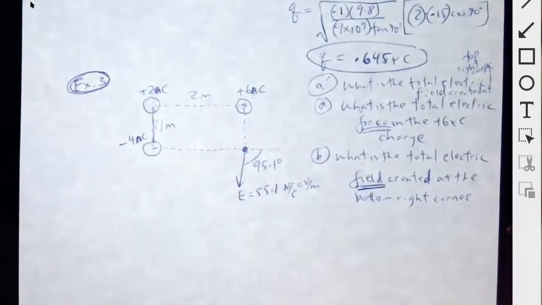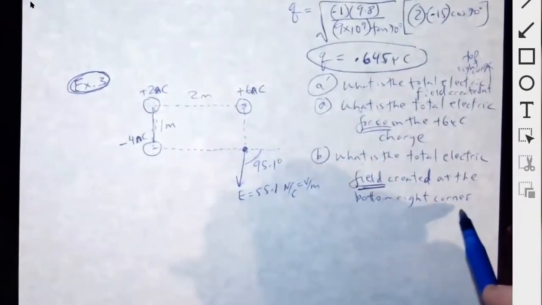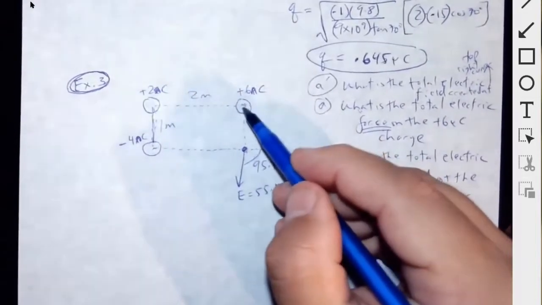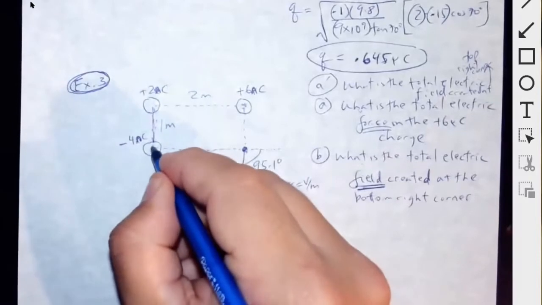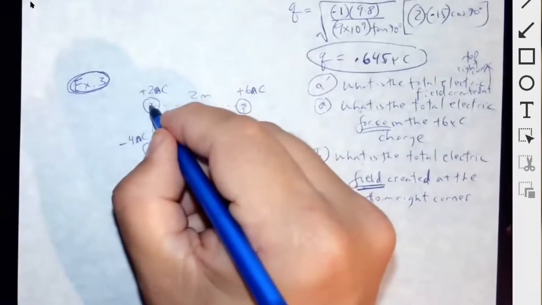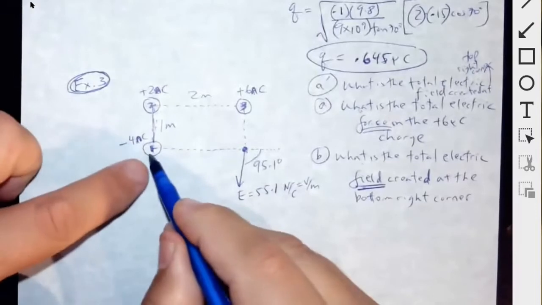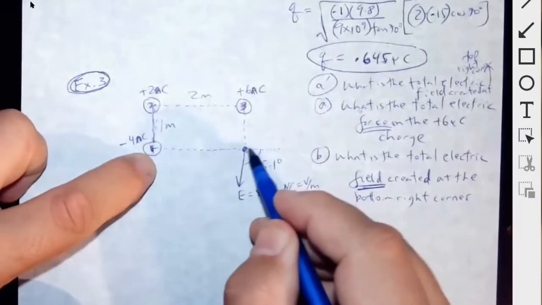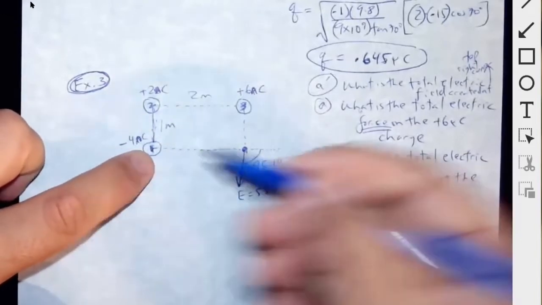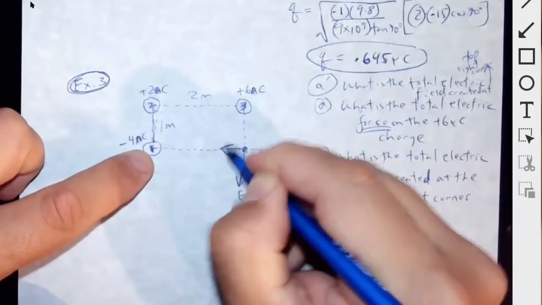So let's see if we can get that answer. That's question B. What is the total electrical field created at the bottom right corner? Okay, so then what do we use here? Well, let's label these charges, charge 1, charge 2, and charge 3. So what's the electrical field of this charge at that location? So if it's a negative, it's going to create an electric field towards it, right? Since it's a sink. That's E1,